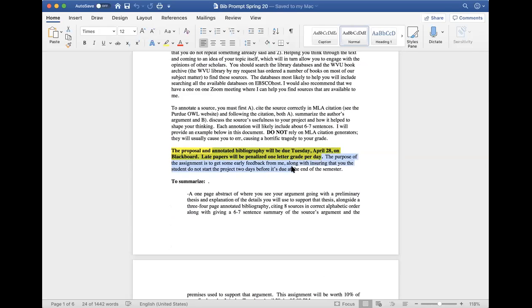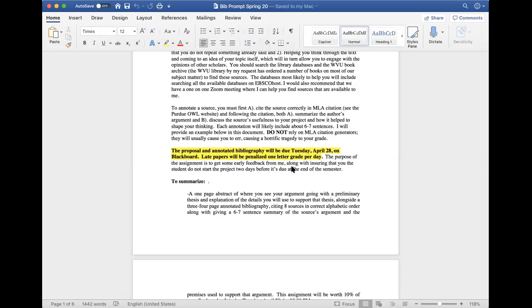But I did put the right due date on here. So we're looking at the end of the month for when your bibliography and proposal is going to be due. So the 28th of April. It seems like a long way away, but if you already have a good idea of what you might want to write about, start now, while things are moving kind of slow.